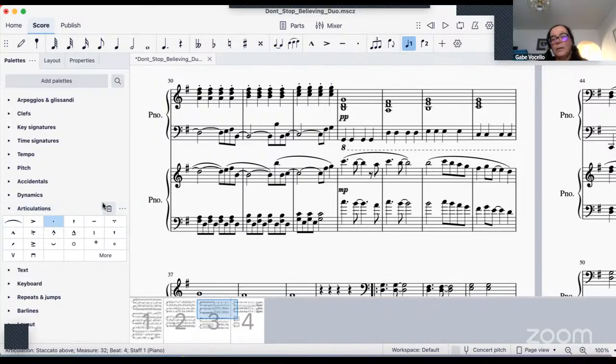Okay, so this is Don't Stop Believing. You have staccato and you have the dotted notes. Okay,